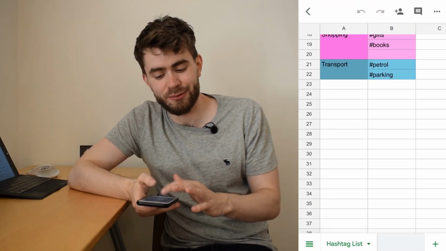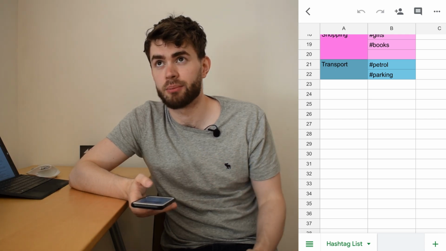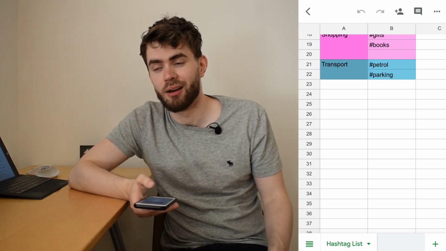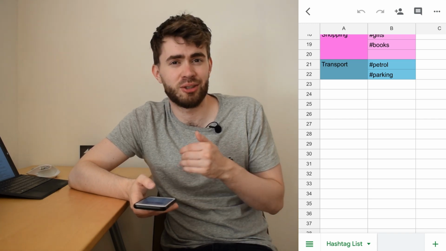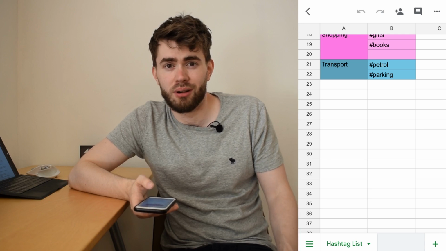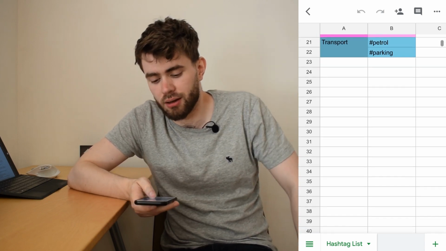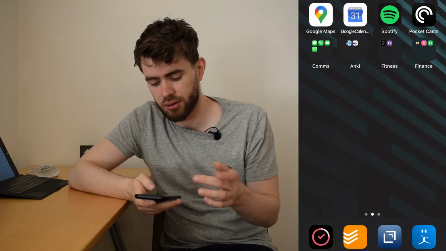And then books is kind of just like the naughty food in a way, to a degree, because I can buy a lot of books. I don't want it to get out of control. And so it's just a way of tracking that and making sure I'm not overspending on that category. So what I'm going to do is just quickly pull up one example,